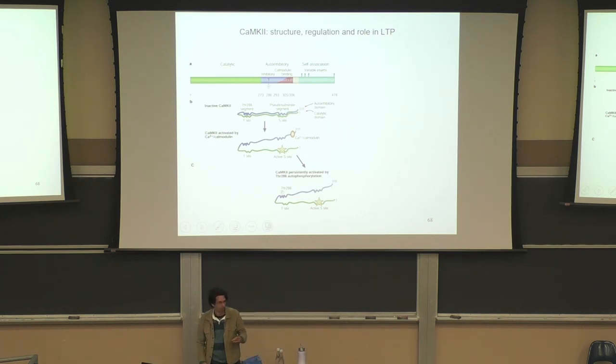I have a question. So both LTP and LTD depend on influx of calcium. So wouldn't LTD also activate calmodulin too? No, it doesn't, because it has a lower calcium binding affinity. Calmodulin only binds calcium if there's a lot of calcium. This works because the different pathways have different binding affinities for the calcium.